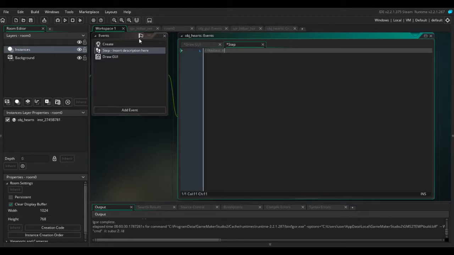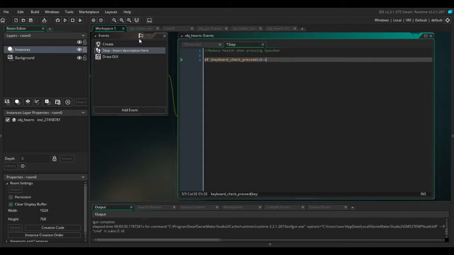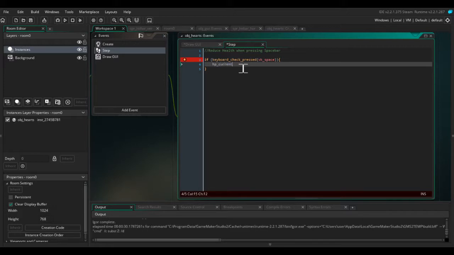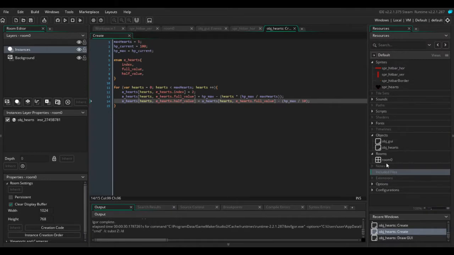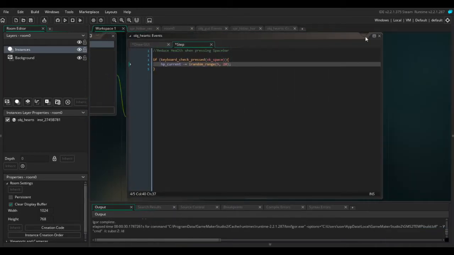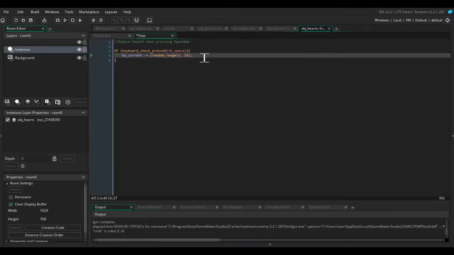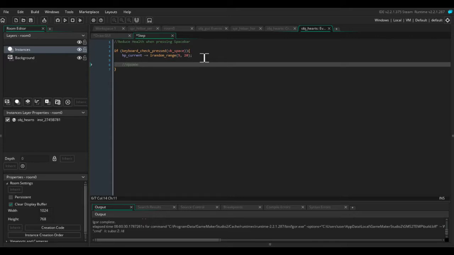And we're going to say reduce health when pressing spacebar. So if keyboard check pressed VK space, HP current minus equals irandom range 5 and 20. And we're going to update the array